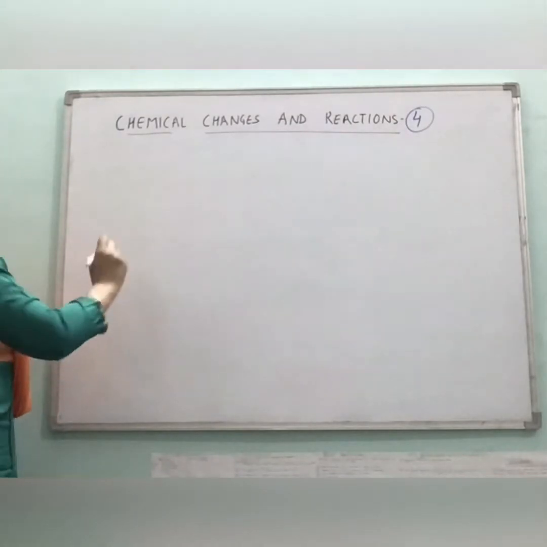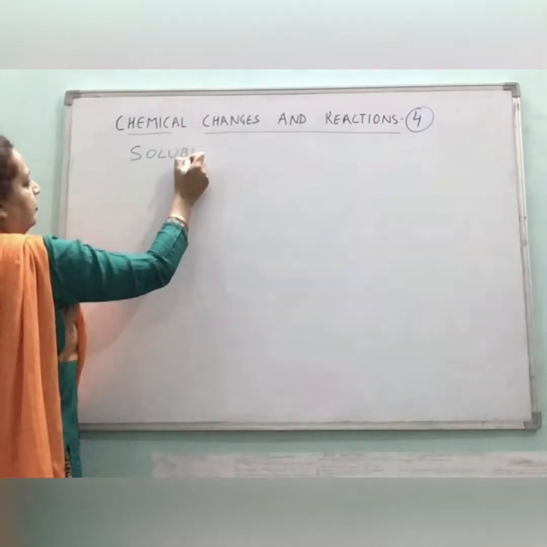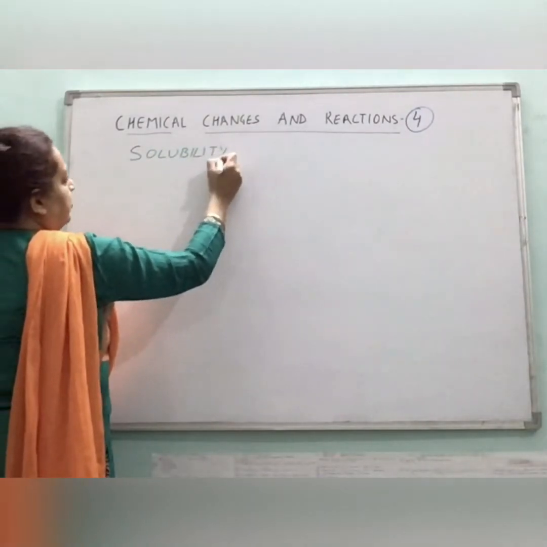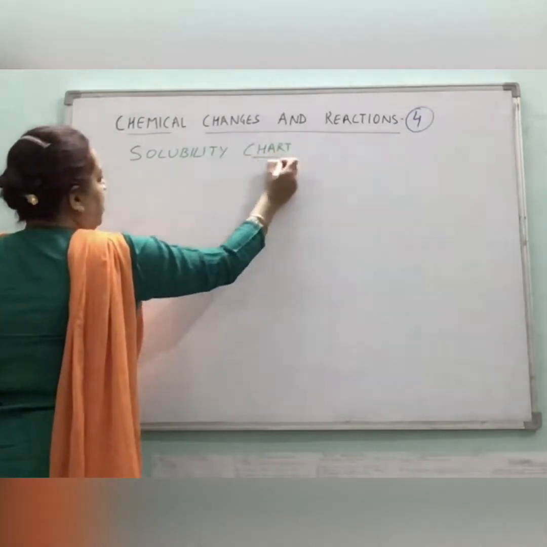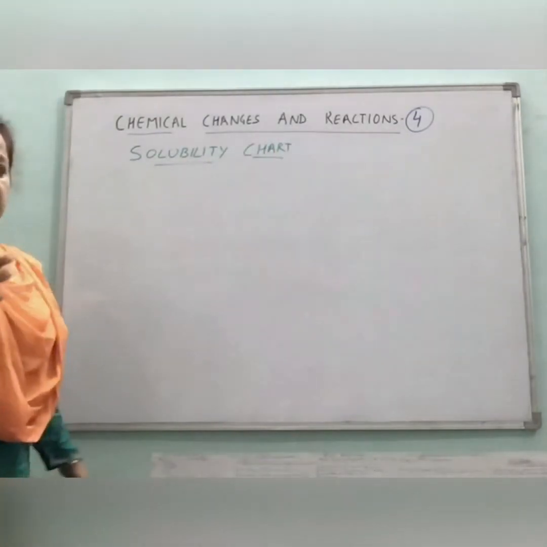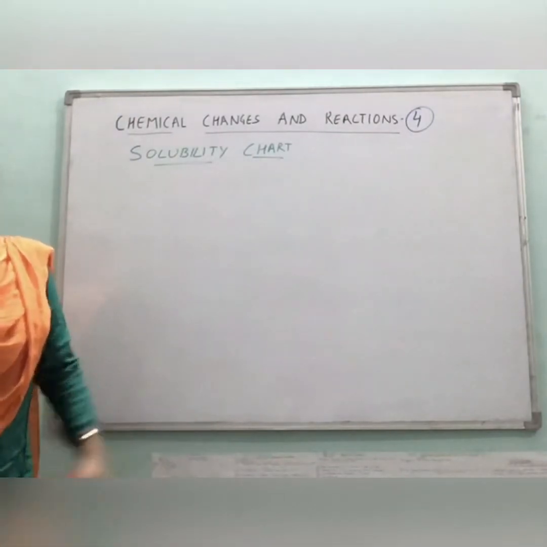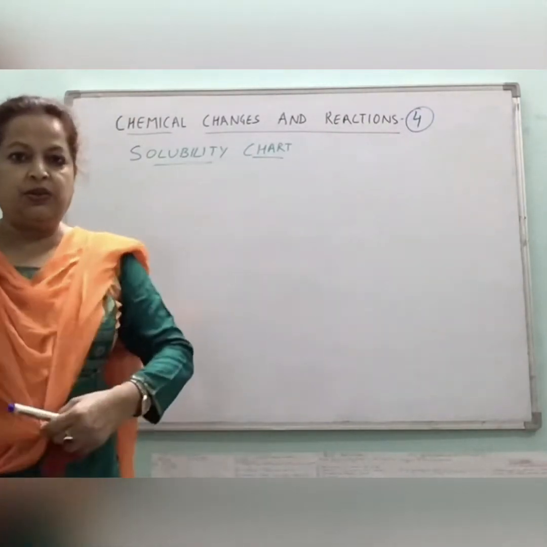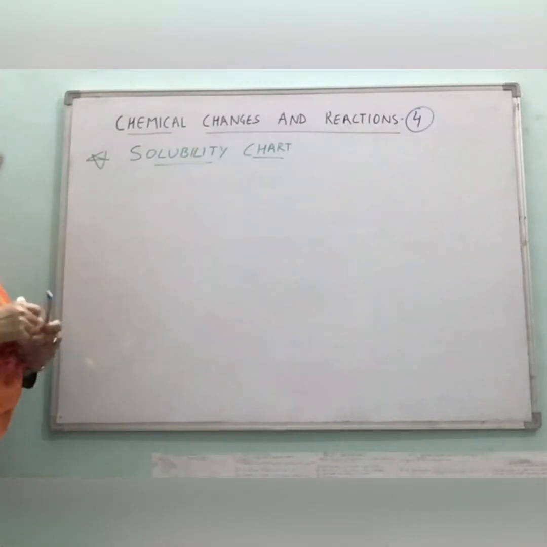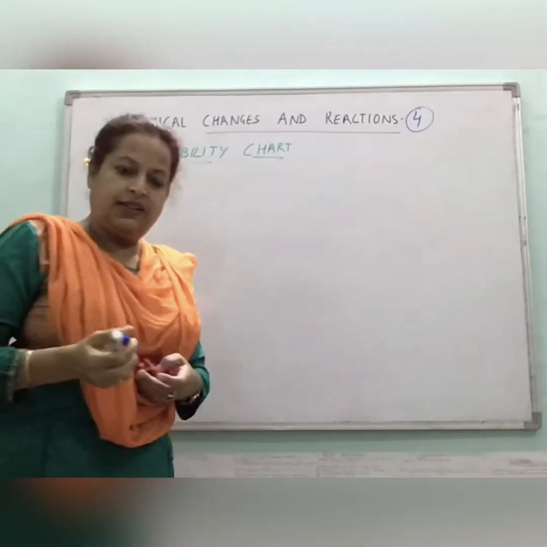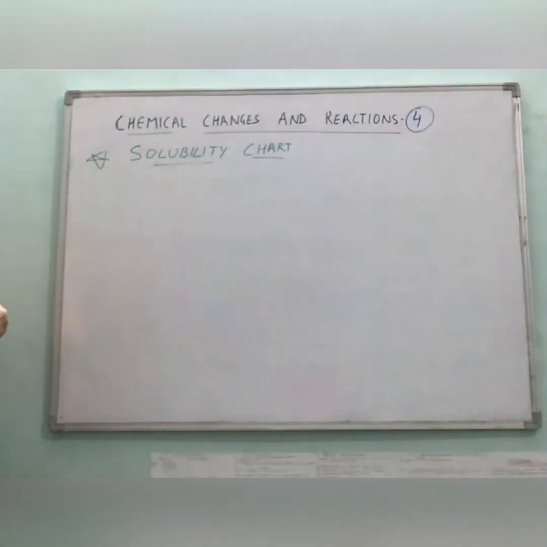So I am giving the heading in continuation, solubility chart. A few things in chemistry are to be done side by side to understand things in a better way, like the activity series of metals, which is important to understand so many types of reactions. Same way, the solubility chart. Not only in class 9, in class 10 also you will realize its importance. Okay, number 1.